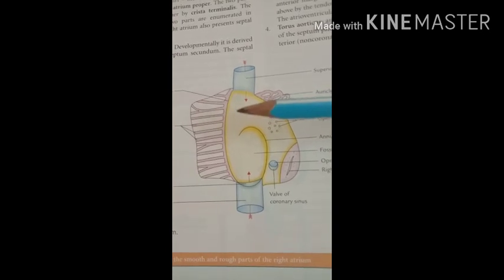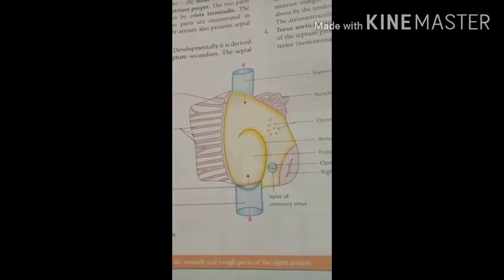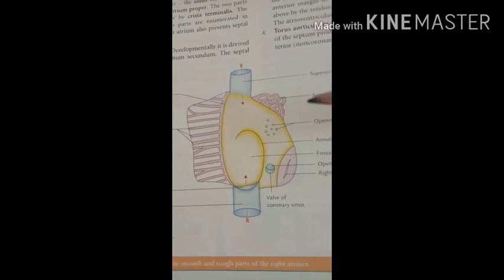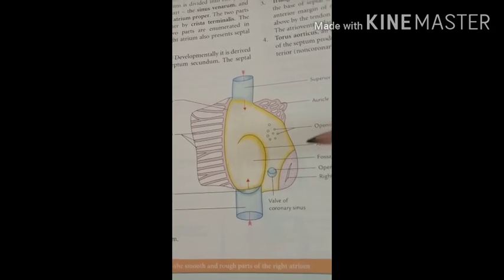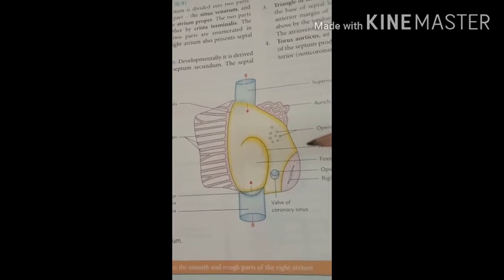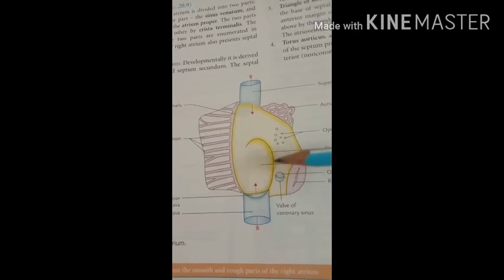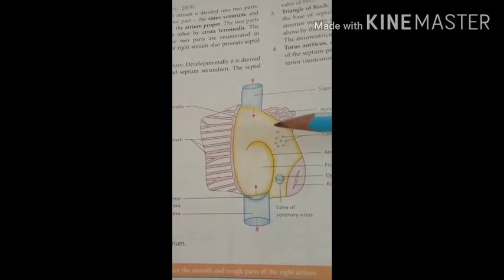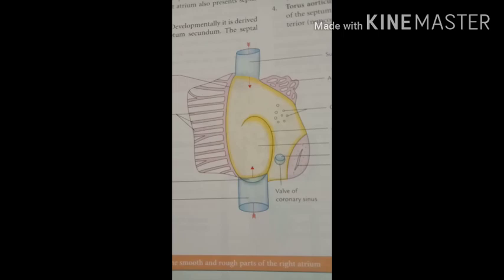You know that in intrauterine life, the blood from the right atrium directly enters the left atrium through the foramen ovale, and after birth the foramen is closed. So the remnant of the foramen ovale may sometimes be seen. A small slit-like valvular opening may be seen between the upper part of the fossa and the limbus. So here on this side, the opening of the foramen ovale, the remnant, may be present. So these are the structures present in the right atrium of the heart.